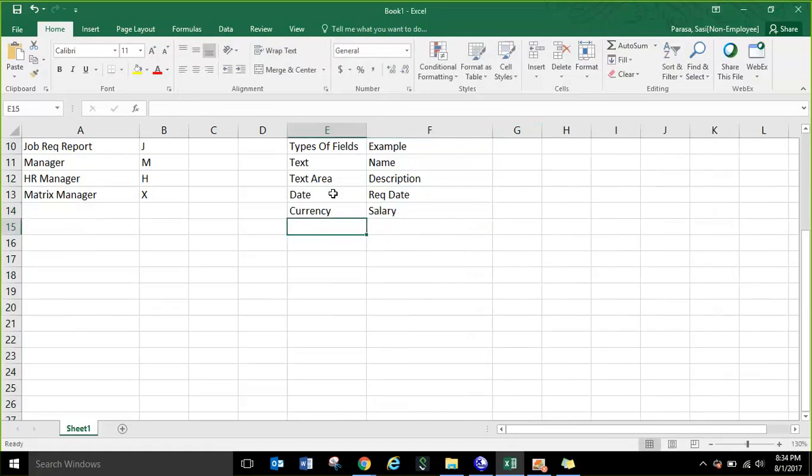And bool is nothing but true or false. If it is a checkbox, we use the type called bool. And if it is a number, if you want to just give a number, like how many days notice period you want, for that particular number field, you use the field type as number. And enum, sorry,